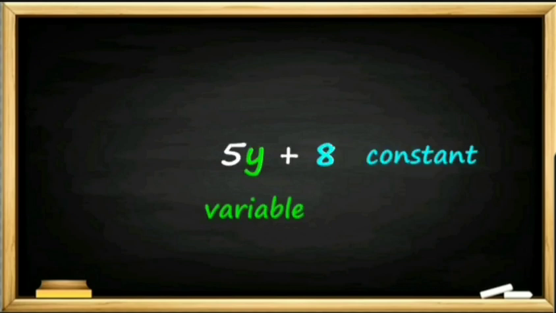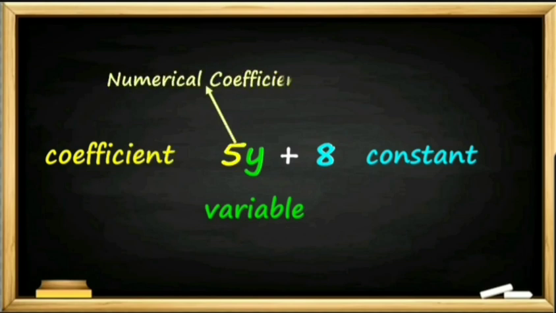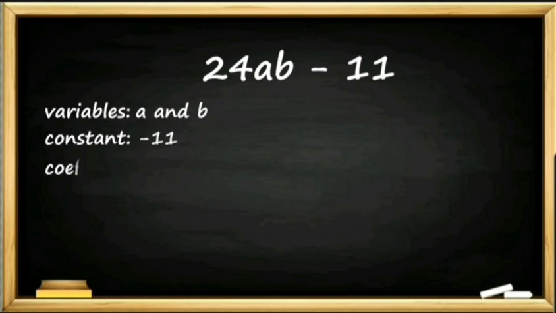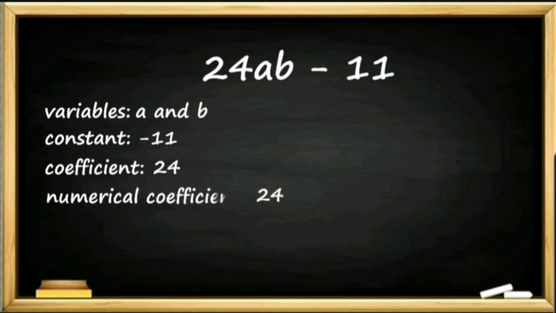Let's see more examples to make this stick. In 5y plus 8, the variable is y, the constant is 8, the coefficient is 5. More specifically, 5 is the numerical coefficient and y is the literal coefficient. Another one. In 24ab minus 11, the variables are a and b. The constant is negative 11, the coefficient is 24, more specifically 24 is the numerical coefficient and ab is the